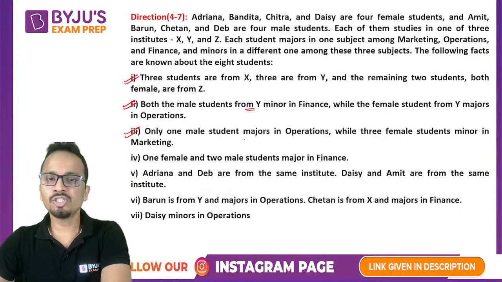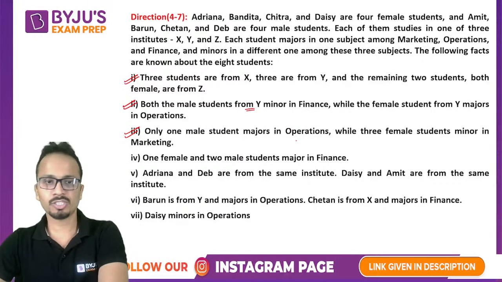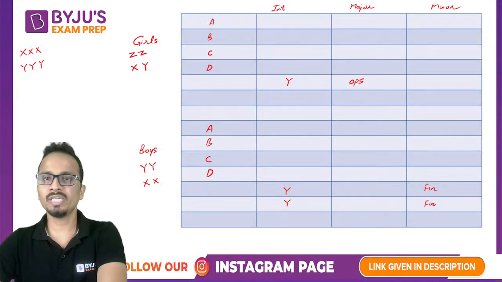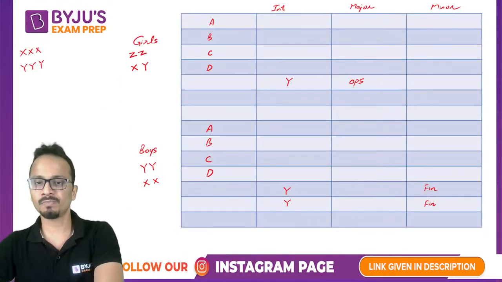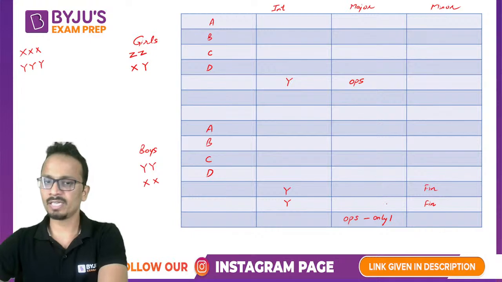Only one male student majors in operations. So only one male student majors in operations. So operations में major there is only one. All right. Now